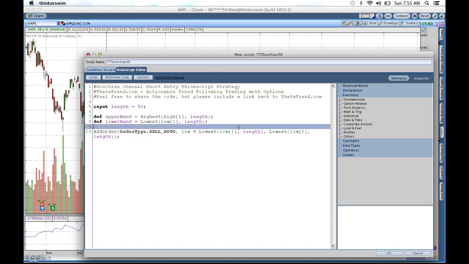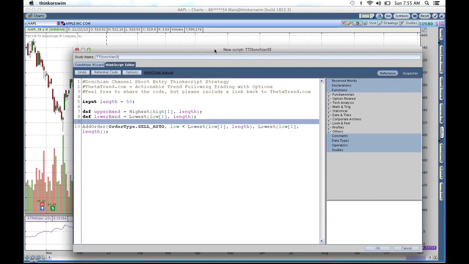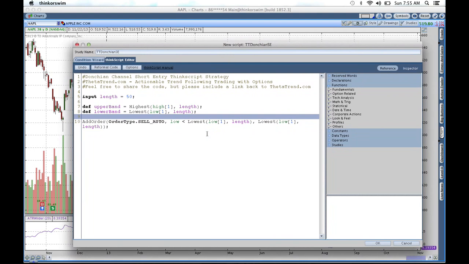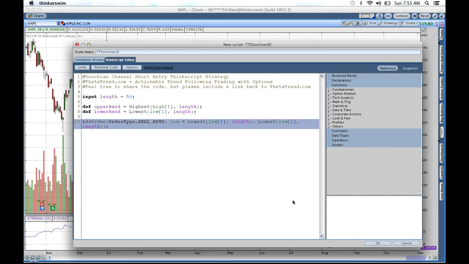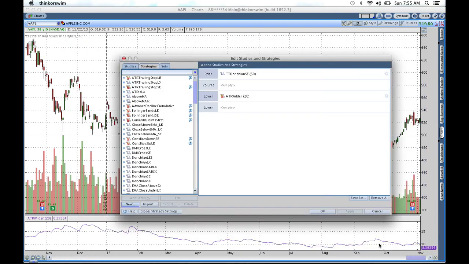By default, we have a 50-day entry, and that's fine. That's what I like to use, so I'm just going to leave it like that. Basically what this is saying is when we make a new 50-day low, we get short the market at that 50-day low. So I say OK here,